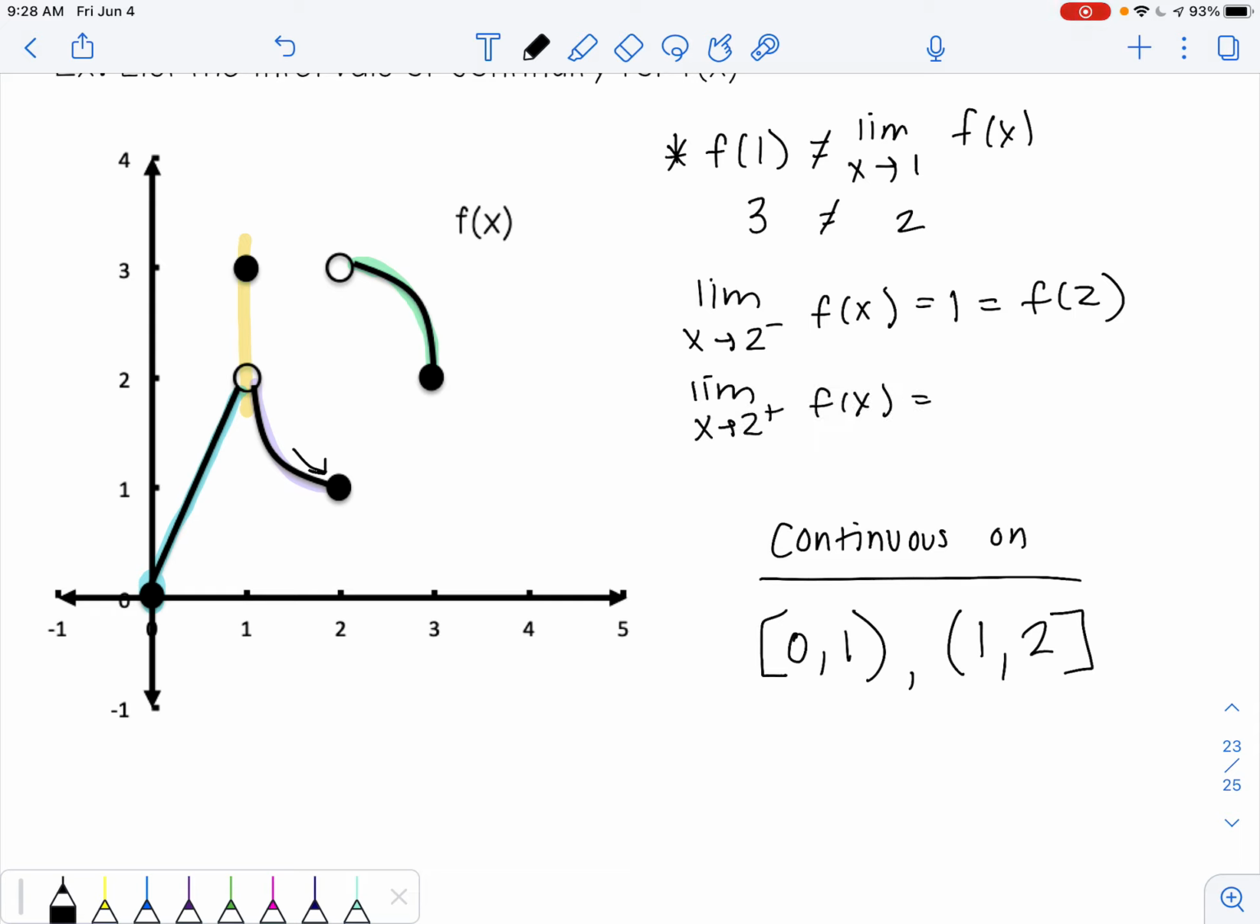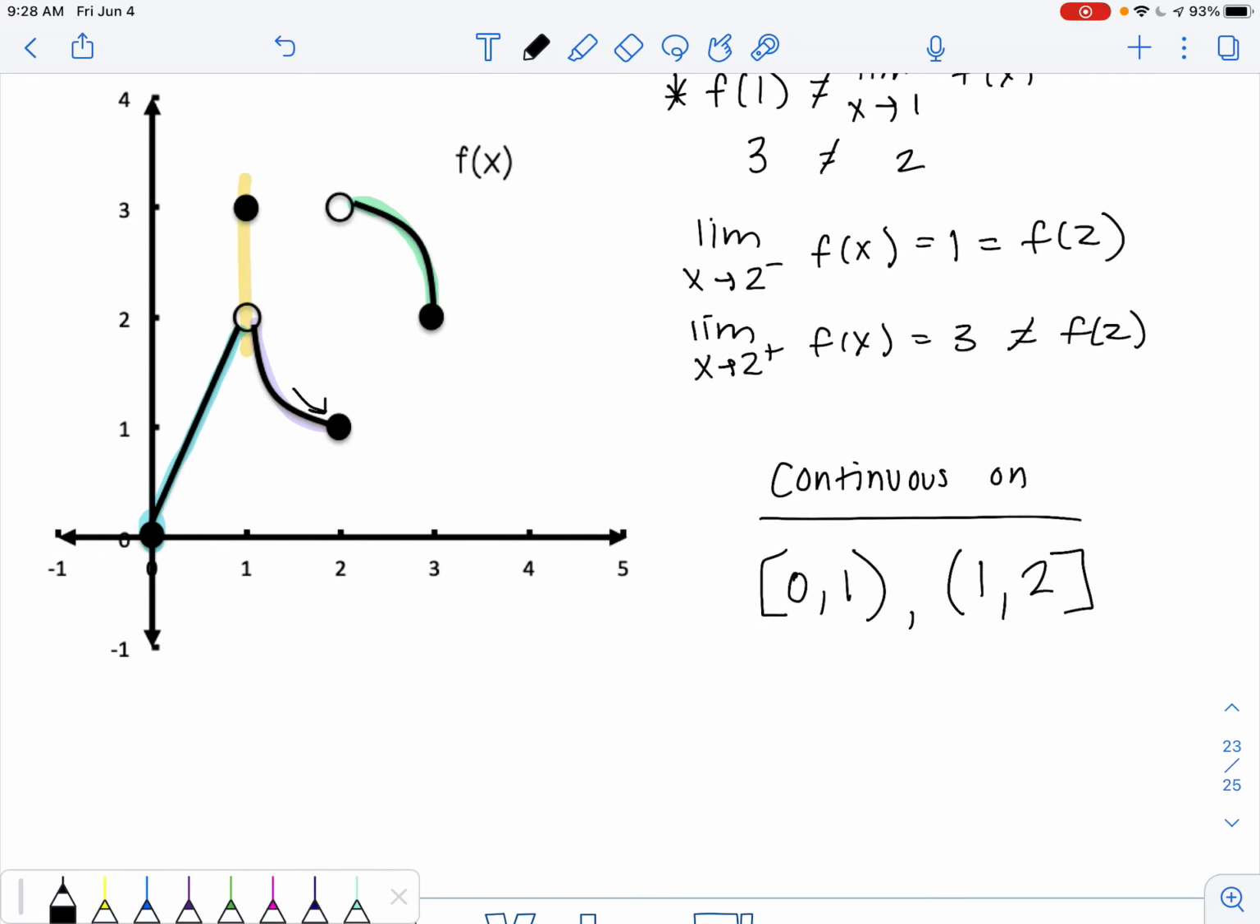And then if we go to our third little piece here, we're starting at 2 again, so the limit as x approaches 2 from the right-hand side now is going to equal 3, but that does not equal the function value, so we can't include that point in this interval of continuity. So we're going to say it's also from 2 to 3, and then